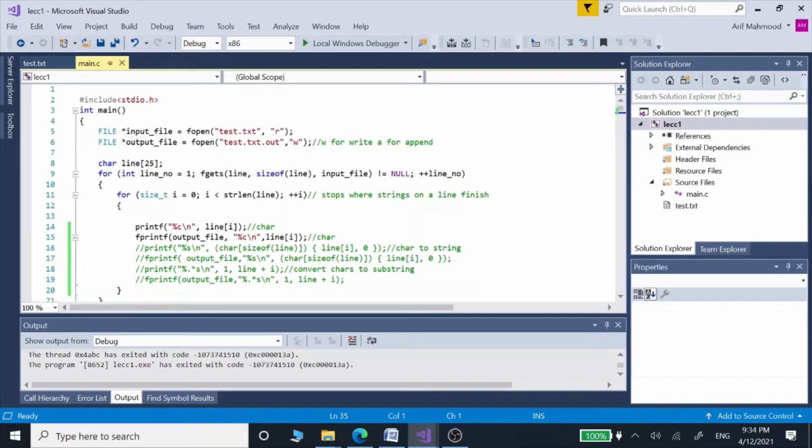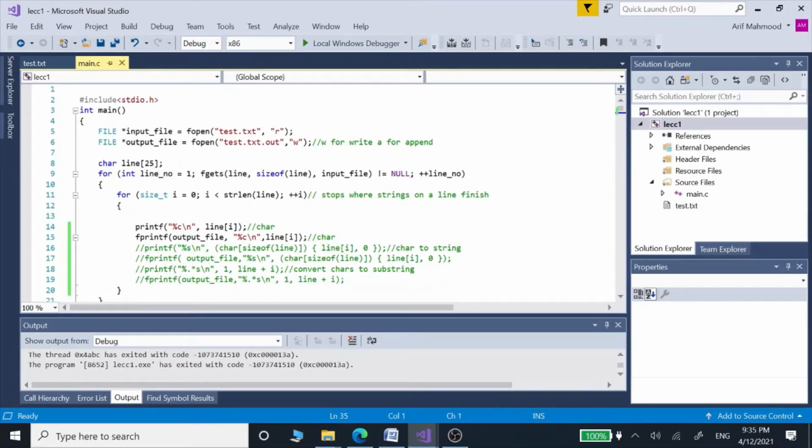You can convert a single letter of char type into a single letter of string type as well. That's what we are going to see as well. And then you can combine multiple characters into a string as well, and that is actually called a substring.